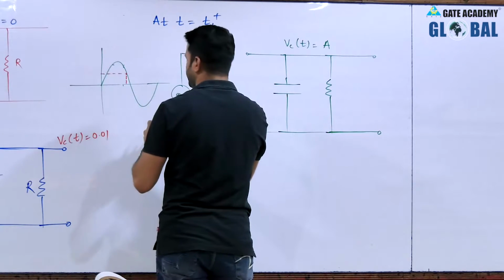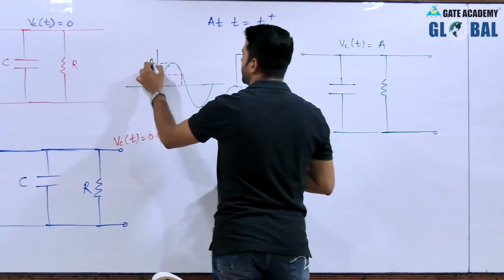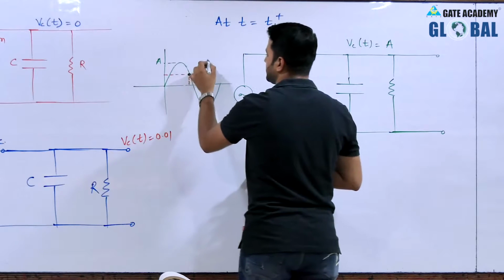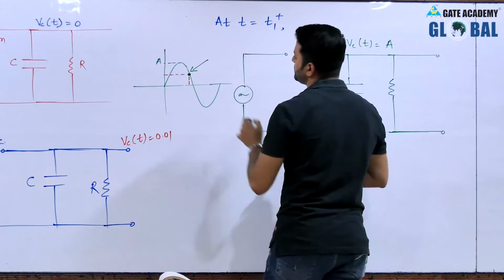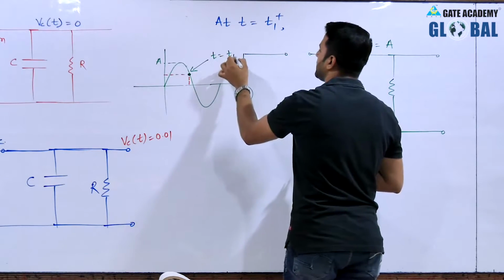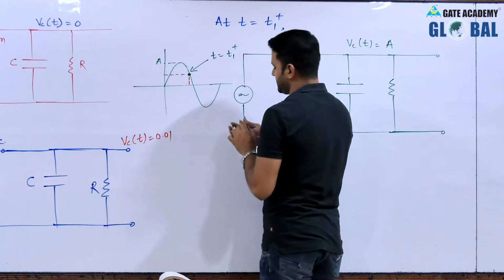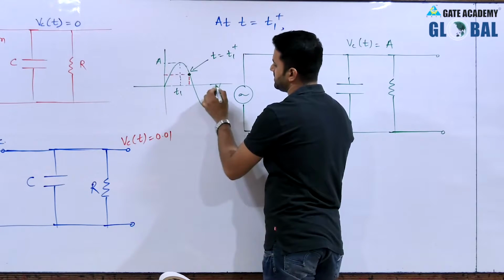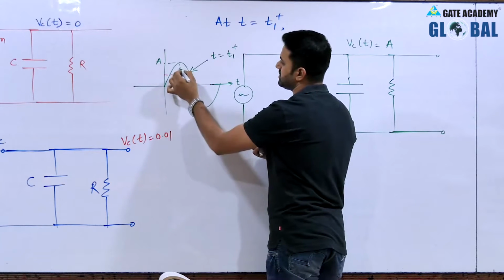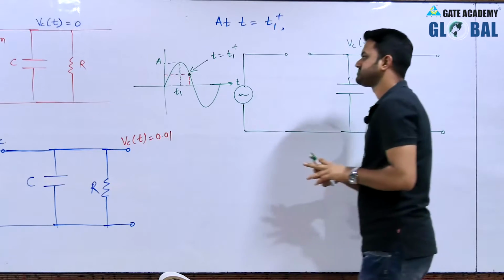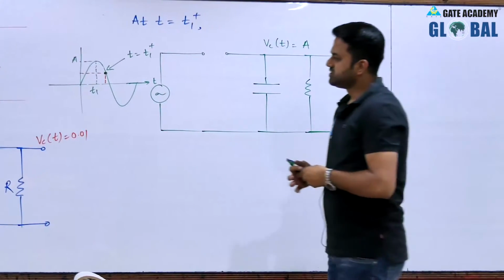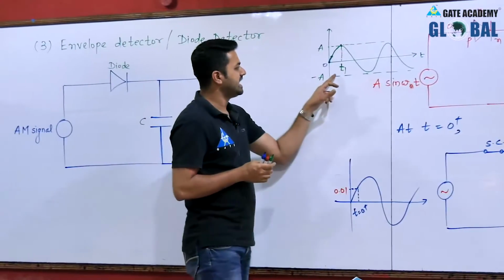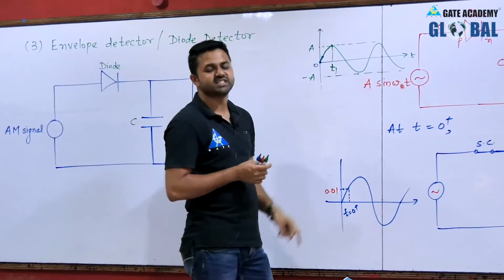This is the value of maximum input A. At this point, at t equal to T1 plus, because we represented this time as T1. So, from this diagram, we know that at time t equal to T1, the input is reaching the maximum